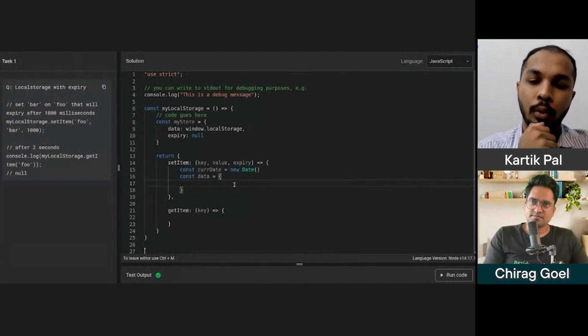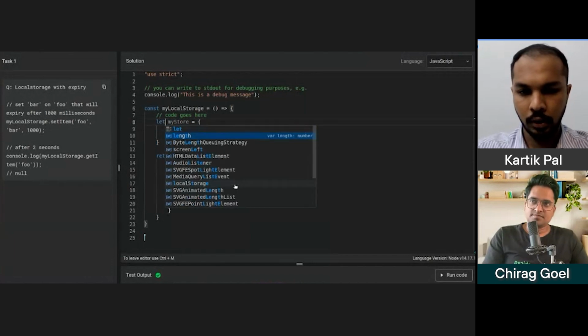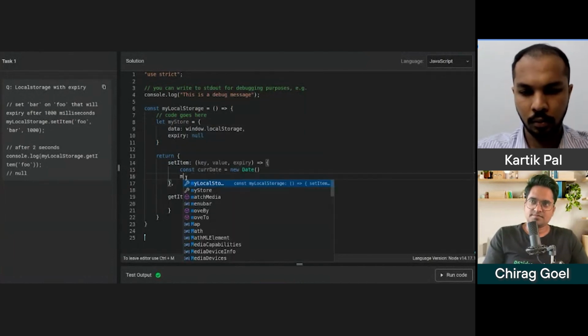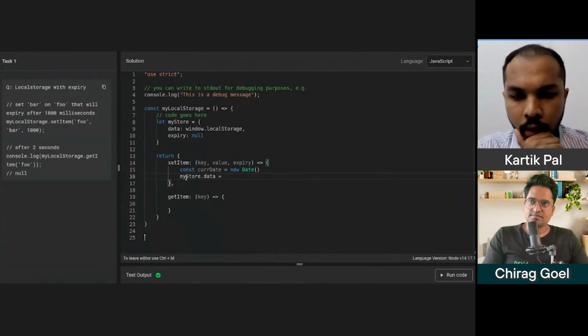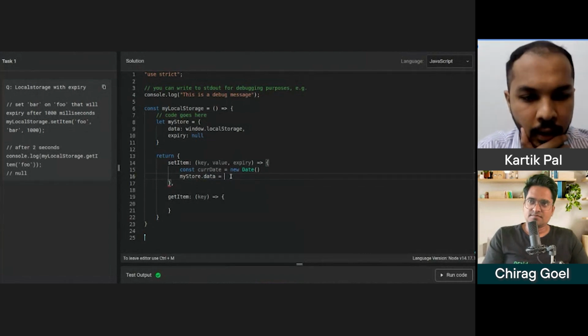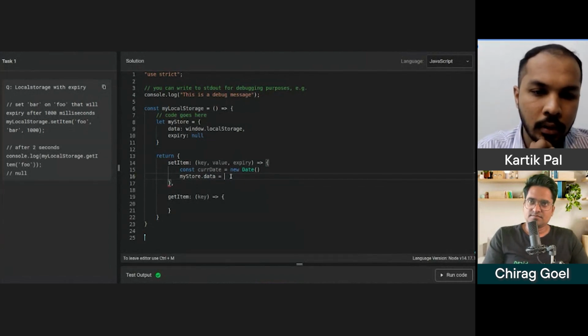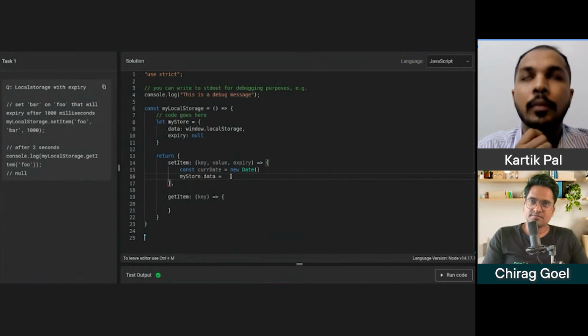What if the user says store data will be... So first I'll just try to access this first. Instead of setting it here, let's say if we have this data, and we